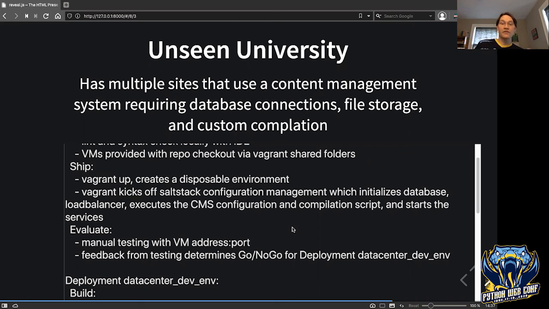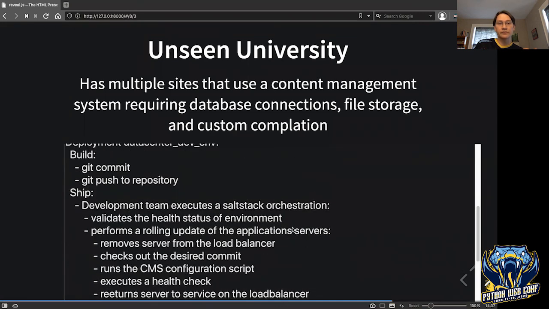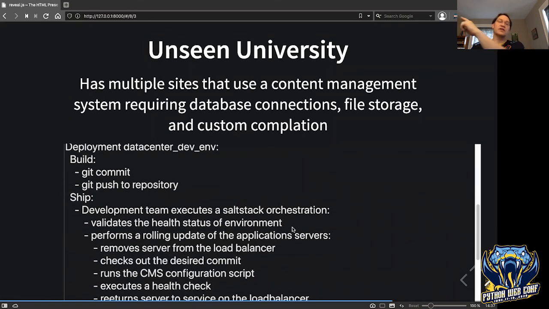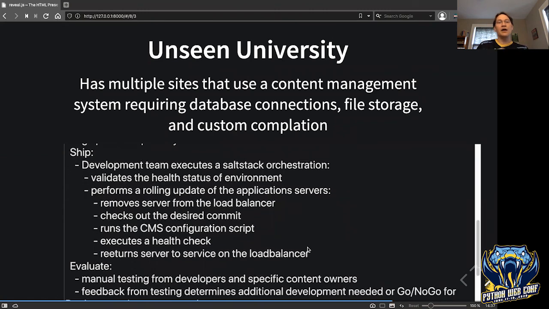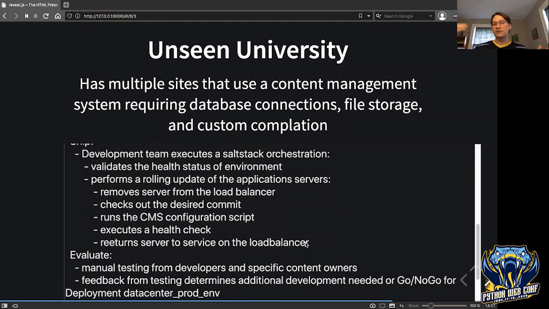If this is all working great for them, what they do is push their code to the Git repository, right? And from there, to ship this, they are using their configuration management tool to execute a workflow, right? It's time to do the deploy. We've had our meeting, we've approved our changes because we did a review. Let's go and do the deploy. They log into this thing, kick off this process, and it does a rolling update, and that workflow executes, running the configuration script, adding the thing back into the load balancer,